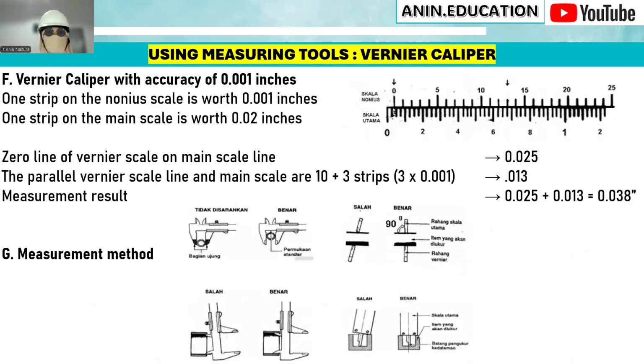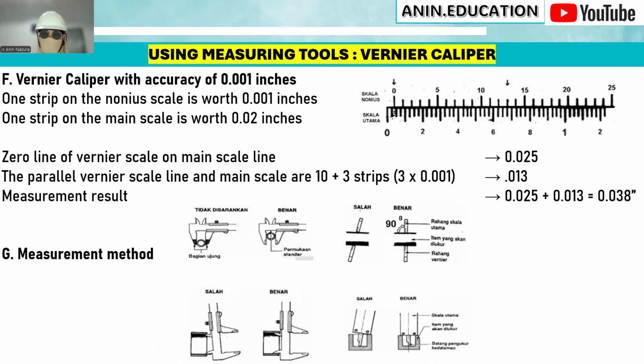Vernier caliper with accuracy of 0.001 inch, one strip on the nonius scale is worth 0.001 inch. One strip on the main scale is worth 0.02 inch, and the zero line of the vernier scale is on the main scale lines. The parallel vernier scale line and main scale line are 10 plus 3 strips. And measurement results. Look at the